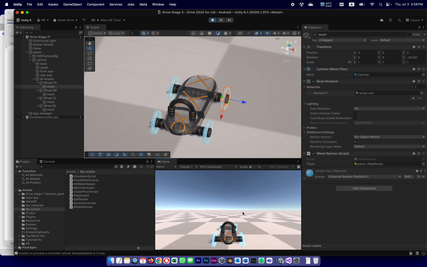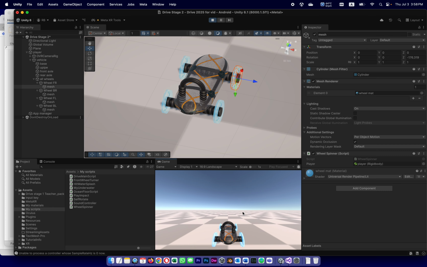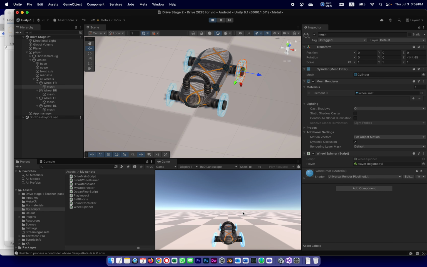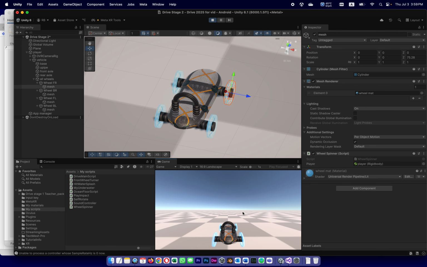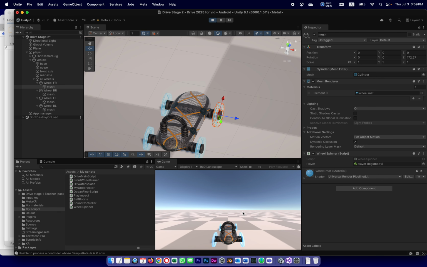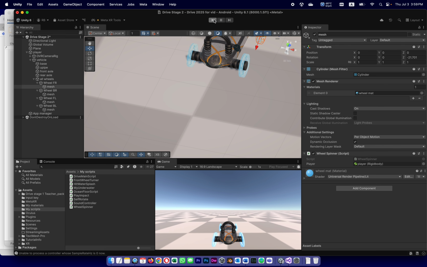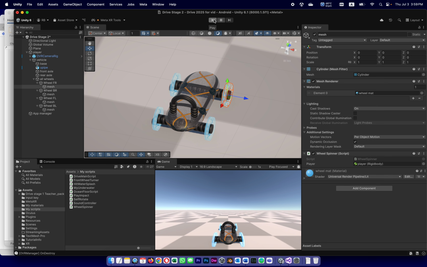See how the wheels are spinning? And they're spinning in relationship to the z velocity. When I go backwards, they spin backwards. It's a beautiful thing. One more thing that I wanted to show you from that script, now that it is working and